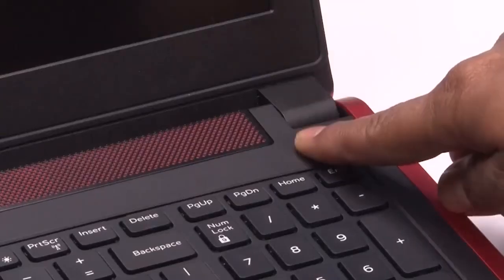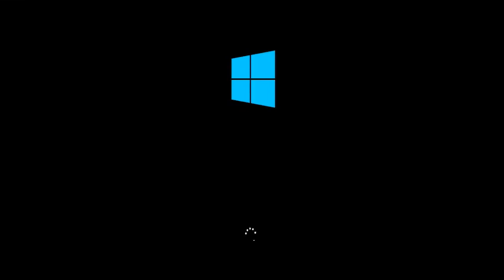You have successfully replaced your hard drive. If your new hard drive did not come pre-installed with your operating system,